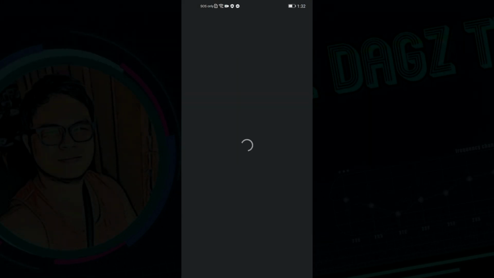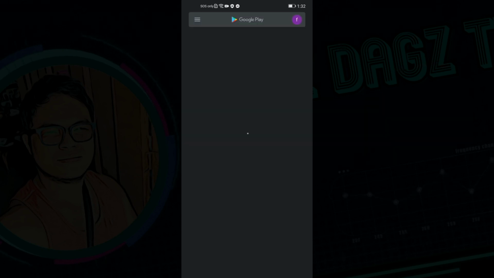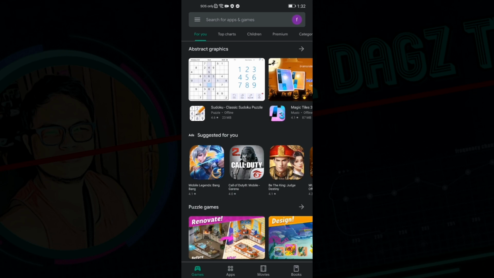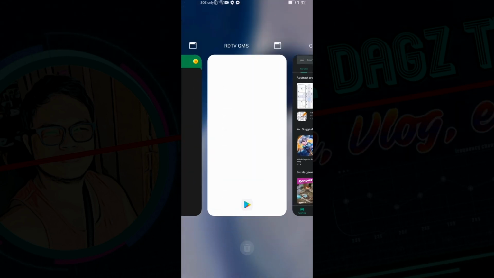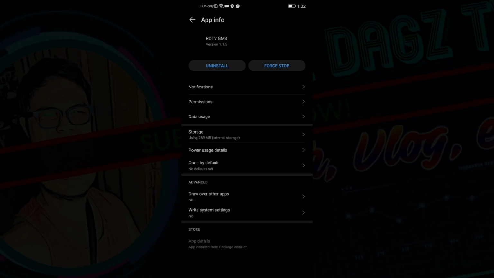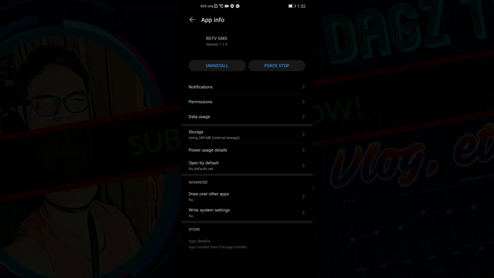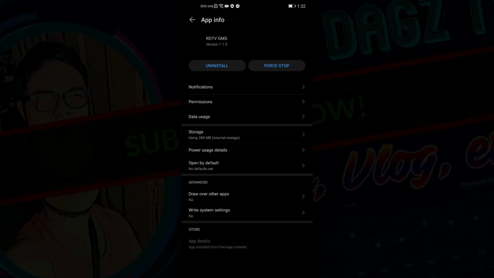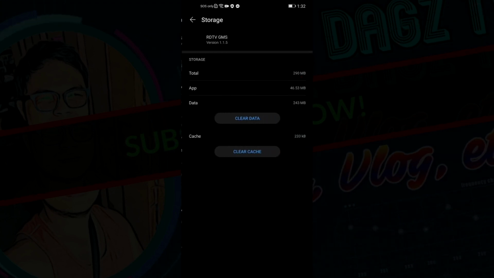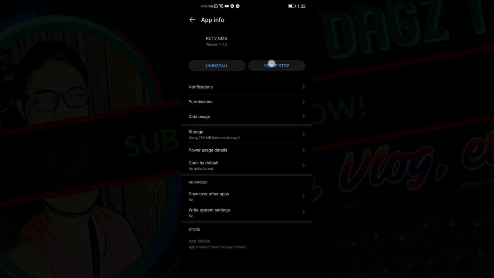Alright, so I have added all of my accounts right now, so it's just gonna load. Now after you have added all your accounts, go back to the app info. So again, you can go either of the ways that I showed you a while ago, and now clear the storage, I mean the cache, only the cache, okay, not the data. Cache, back, force stop,